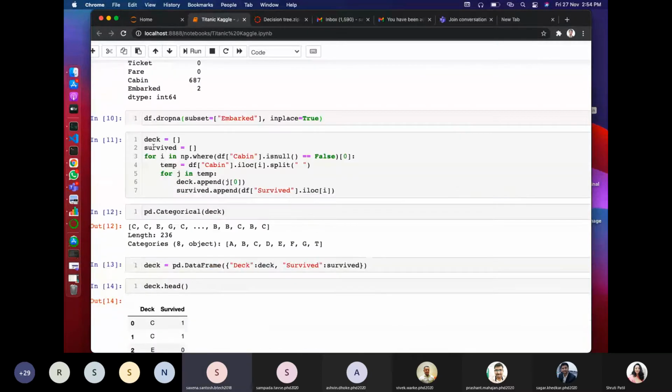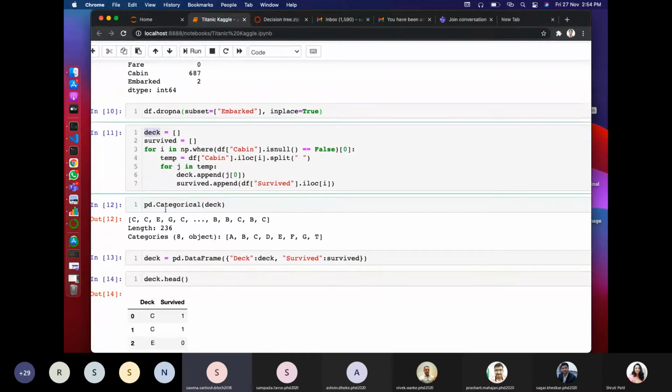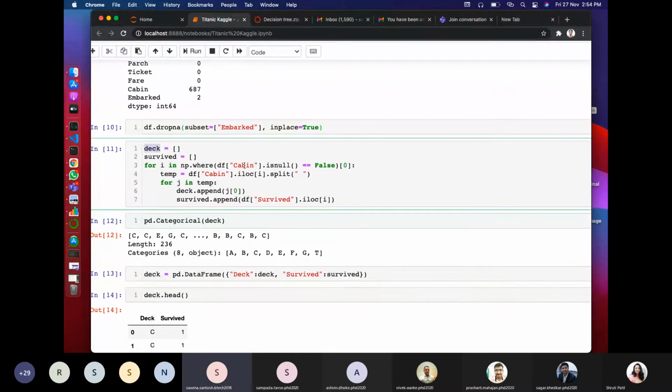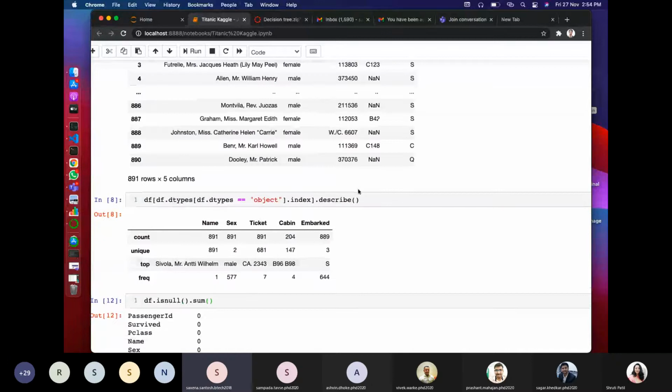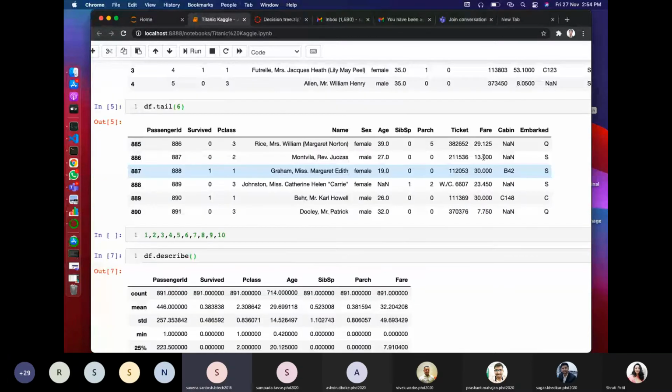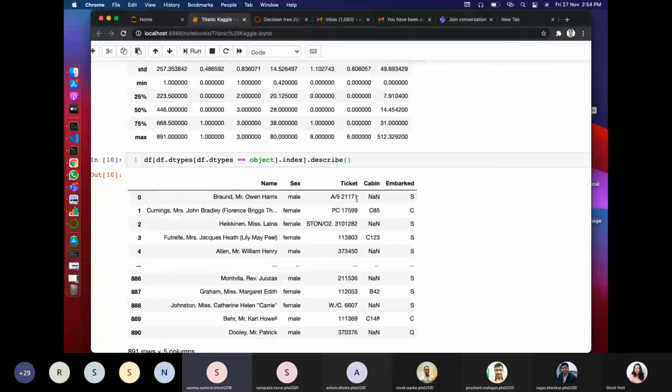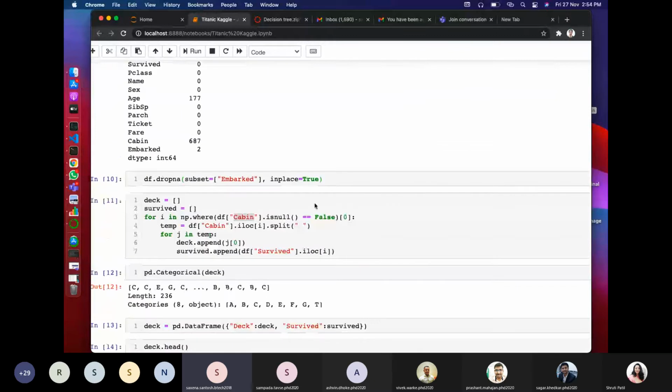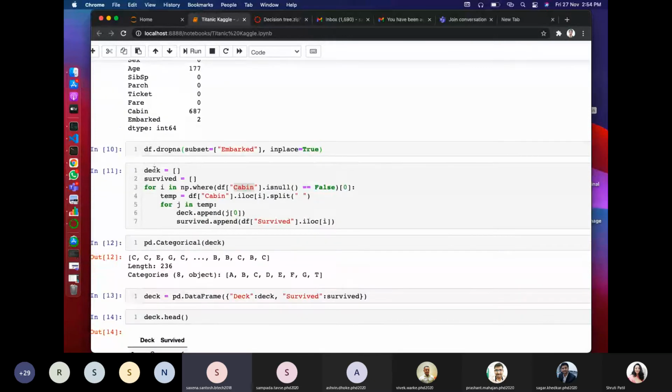This is something which I did for deck. We have cabin, which, as you can see in this data frame, has most of the NaN values, so we will do something with it. I have selected a deck.